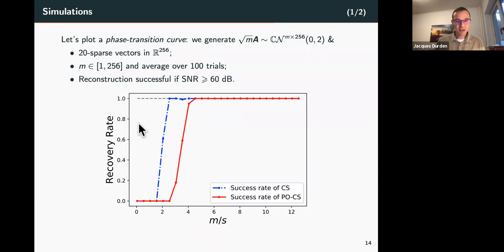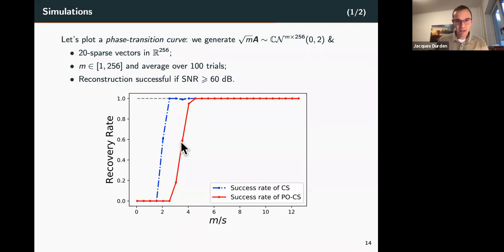If I do that, I obtain the following interesting graph. In this graph, I have represented the recovery rate, that is the percentage of success, versus the oversampling ratio, that is the ratio between M and K, that is weirdly becoming S here, but it's the same. So the point is that I have also plotted the curve of traditional linear compressive sensing in comparison with what I get for